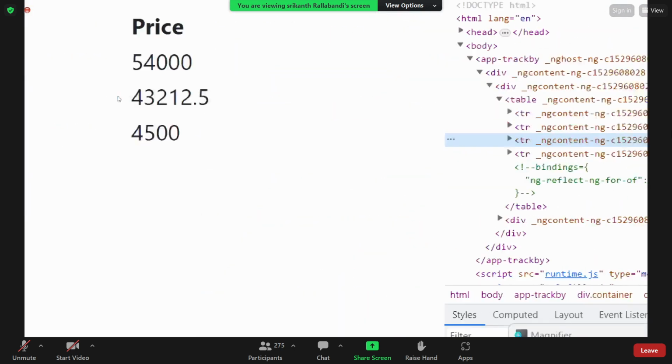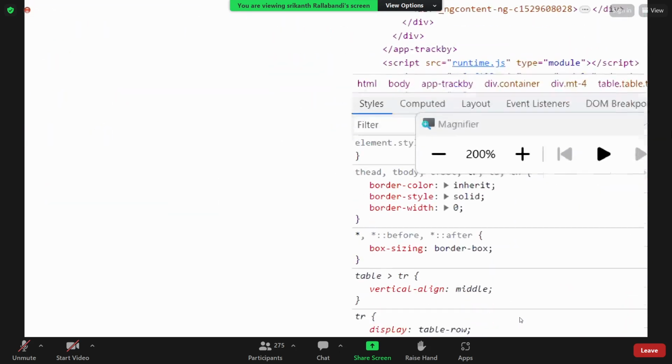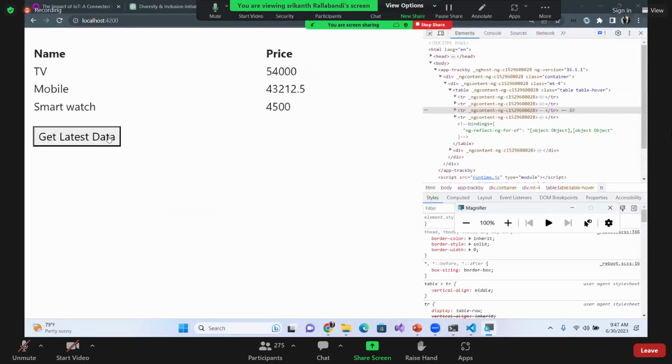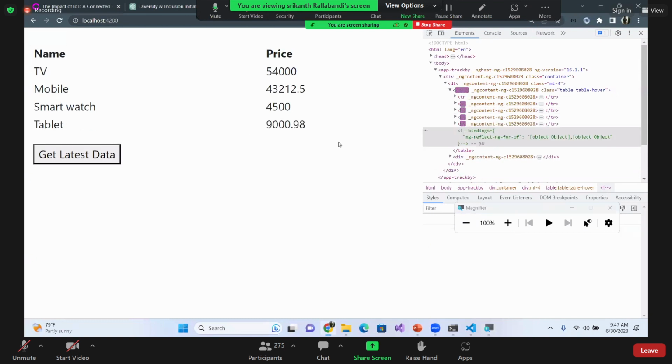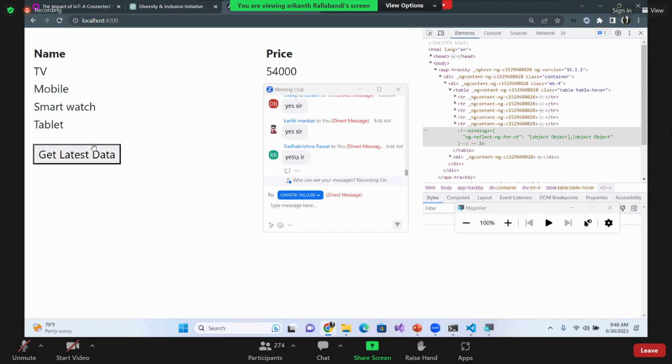Okay. Now you see the time when user clicks on update over here, get the latest data. Now you see all 4 rows are getting updated or not? Yes or no? See that when user clicks on there, it is updating the whole table. If you can see, is it visible to all? Yes or no? This is very important. That means when user clicks on here, you see it is getting updated. Because I already have the data which is rendered,